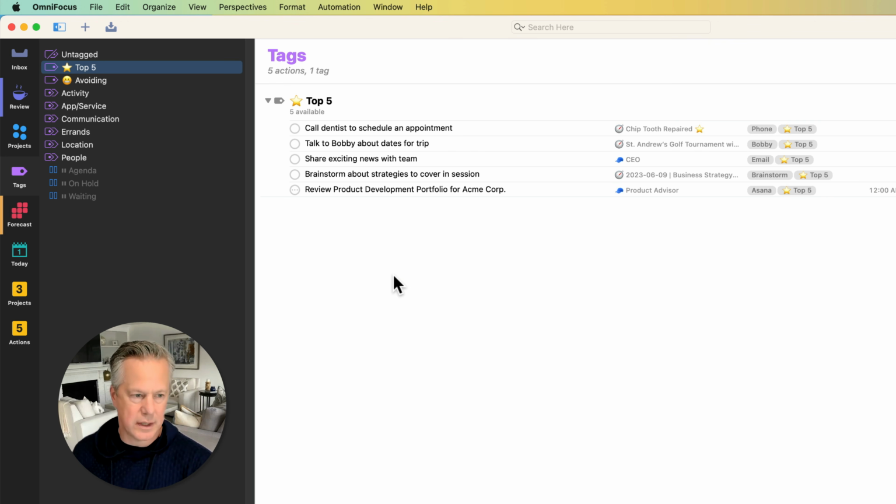You can see them there on the left: 3 projects, 5 actions. So why do I ask people to do that? Because what we're after is momentum. Is that the totality of the work you need to do in the coming week? Absolutely not. But by giving you a beautiful constraint of the top 3 projects and top 5 actions, I help you see what matters most and create momentum on those things.